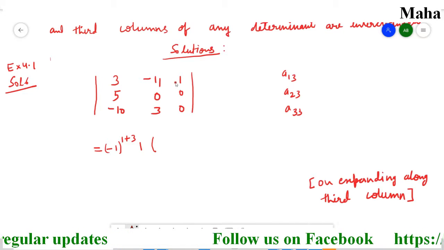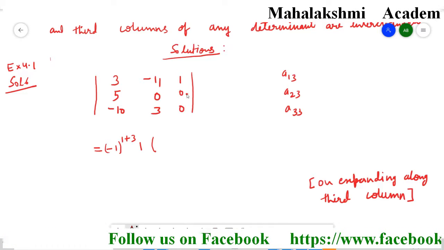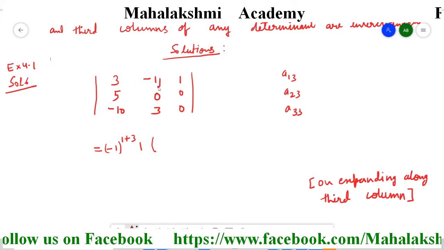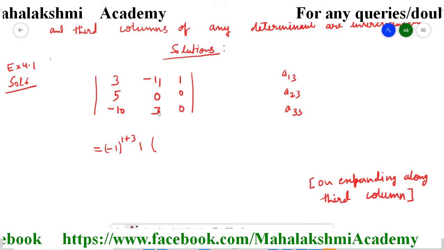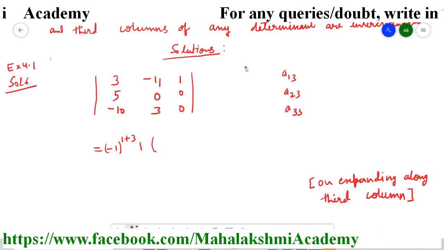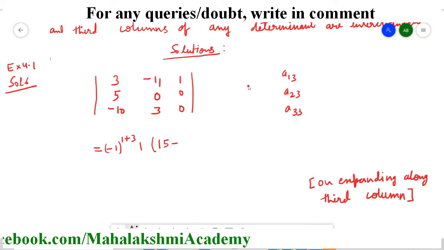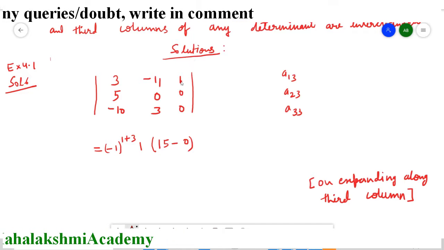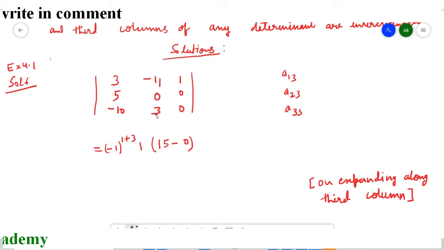So for that, since we are writing for this one, we'll imaginarily cross out the column and the row. You will get only this matrix, that is 5 3s are 15 and minus 0. So you will get here 15 minus 0. I hope it's clear to you. For 1 we are writing, so just cross it. So when we cross here, you will get 5 3s are 15 and 0 10s are 0.